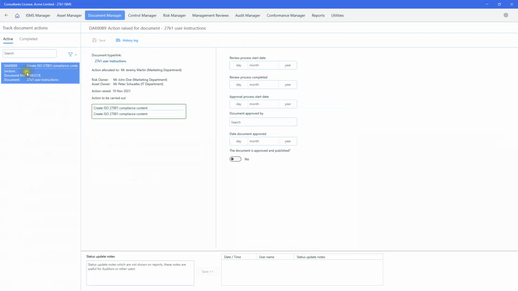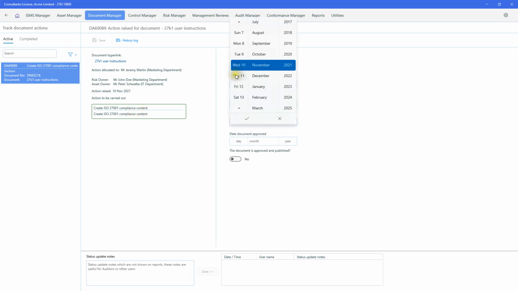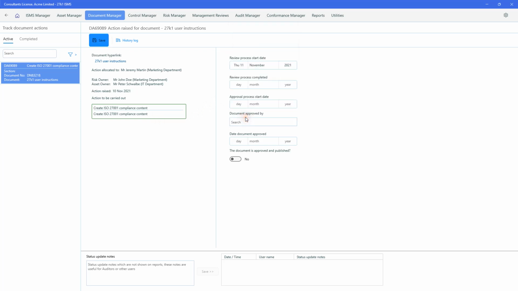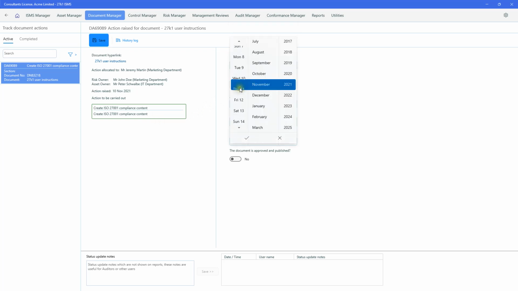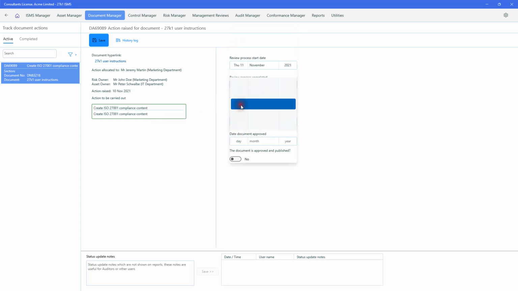So this is our active document which we've just created, and let's find a review date for it, because you can see we've got a link to it and it's allocated to this person, Jeremy. These are the risk owners I've just created, and these are the actions to be carried out. So let's start the work on Thursday the 11th of November, and we'll review it the following week on Monday the 15th. Let's have the process start date on the 16th,